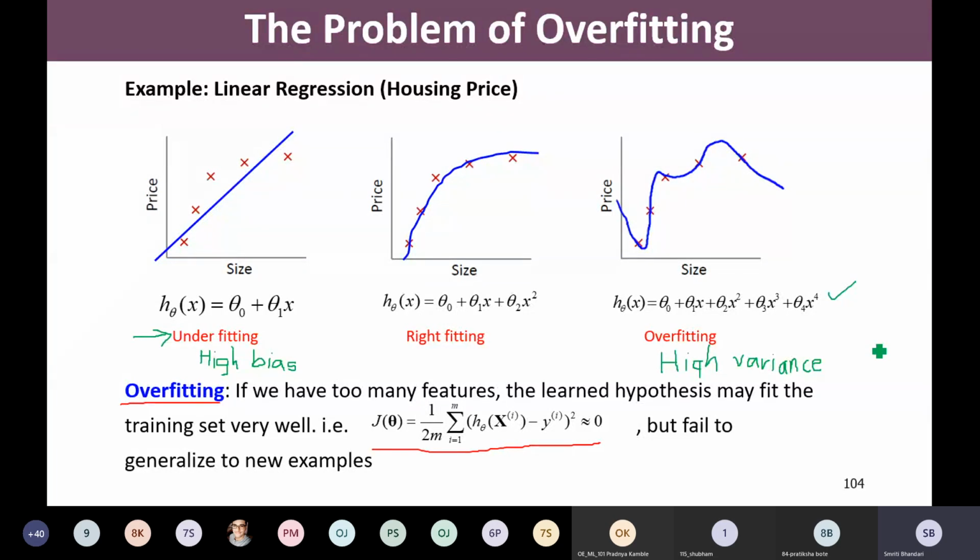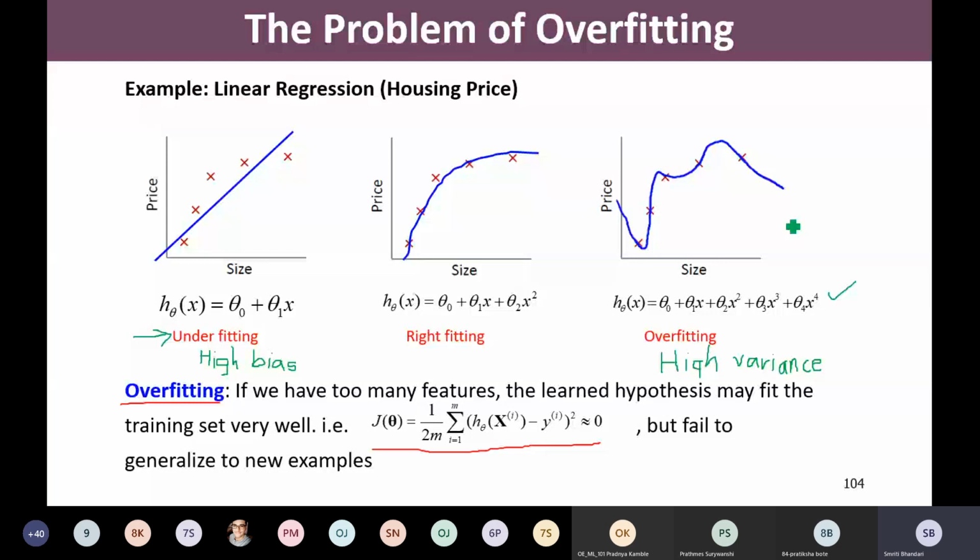But please remember, even though it produces zero error, this error is for this particular training set. And if I get the error approximately zero for the training set, then I may have the problem of overfitting. My function fits very well with the training data set, but not necessarily is it possible for me to